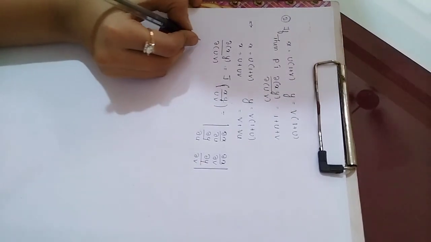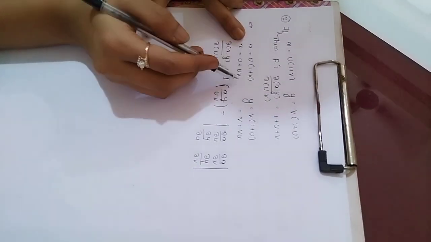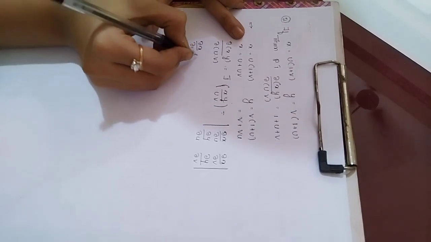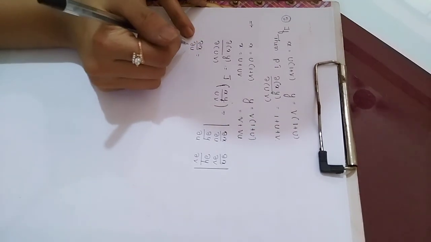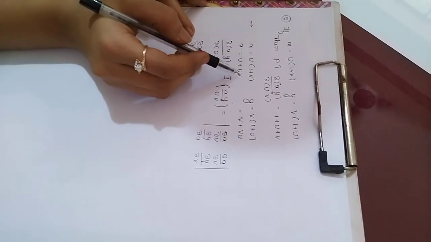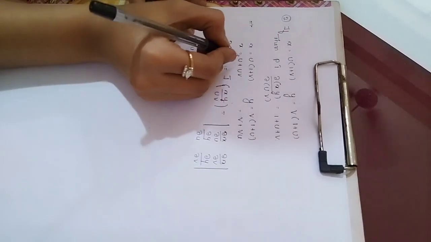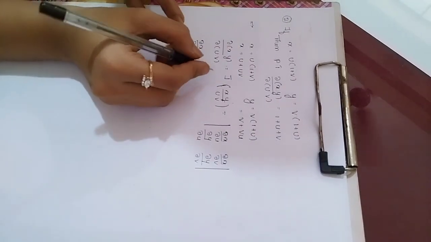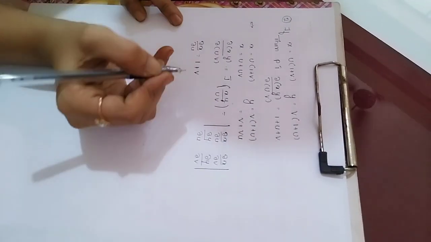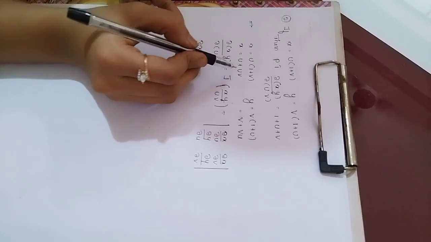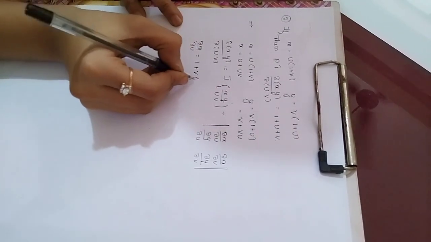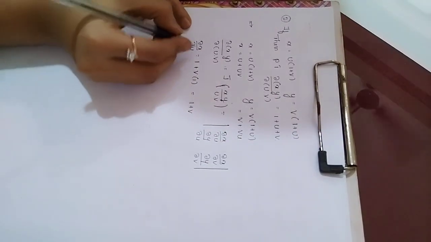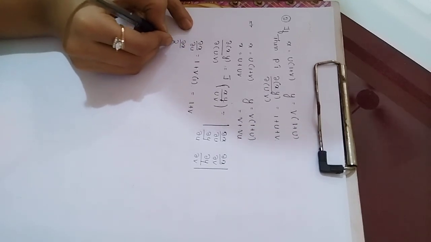So differentiate the term x partially with respect to u and v. First, ∂x/∂u, differentiate partially with respect to u. If we differentiate partially with respect to u, treating the term v as a constant, differentiation of u can be written as 1, and plus, here the term v is constant, so keep v as it is, and again differentiation of the function u partially with respect to u can be written as 1. So ∂x/∂u value is 1 plus v.